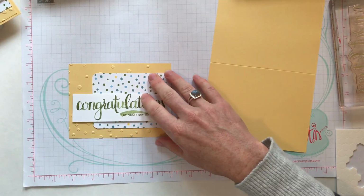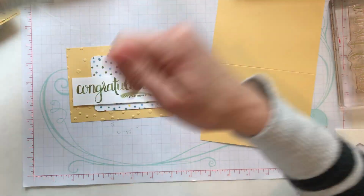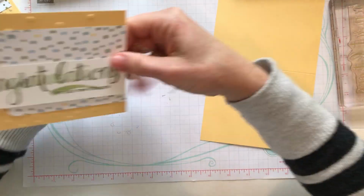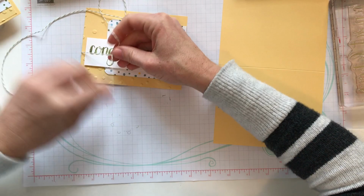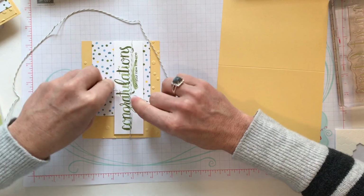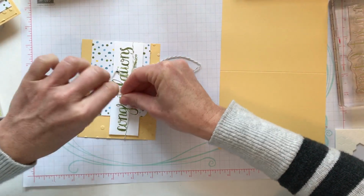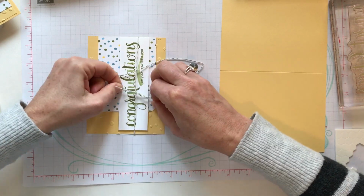Everything's so dry. Okay, so now I'm going to use some Old Olive Baker's twine, and I'm going to wrap. I'm going to just get a bunch of this undone here, and I'm going to wrap this around, and I'm going to tie it in a bow. I think it's easier to turn it sideways because this tail is always on the wrong side for me when I'm doing this, I feel like. Okay, so I'm tying my bow,